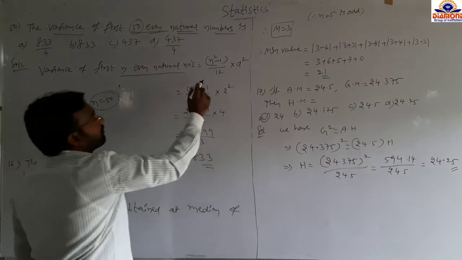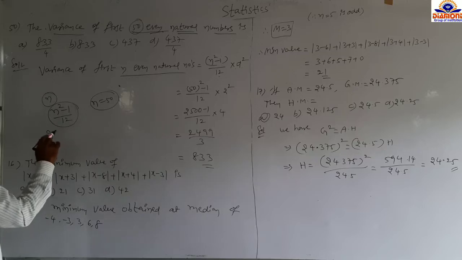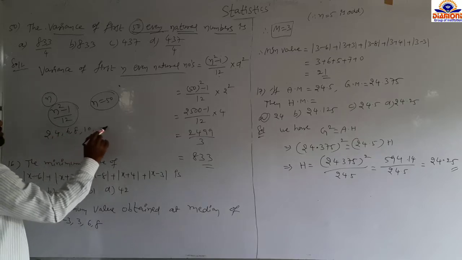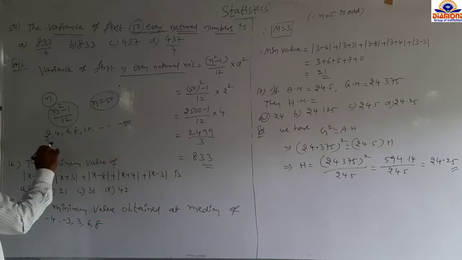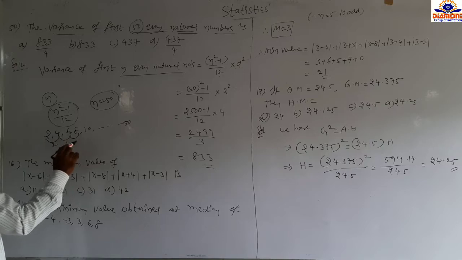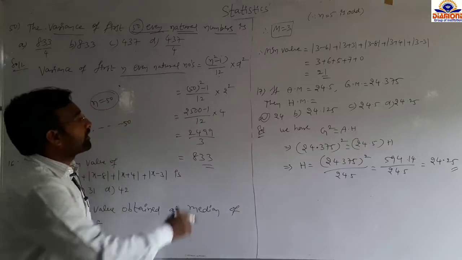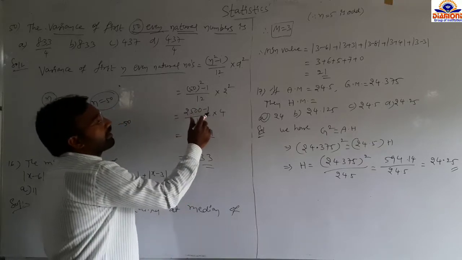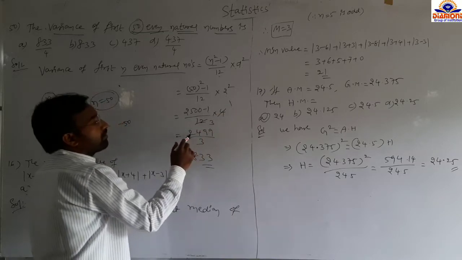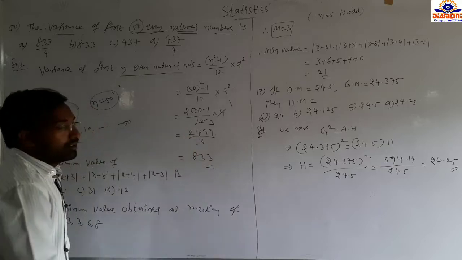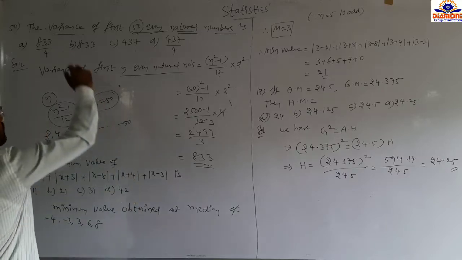So substitute here 50 square minus 1 by 12 into d, where d is nothing but the common difference. If you take the even series 2, 4, 6, 8, 10, and so on up to 50, the difference between 2 and 4 is 2, between 4 and 6 is 2, and between 6 and 8 is 2. So that's why d is 2 here. Next, 50 square is 2500 minus 1 by 12 into 4. Here 4 ones are 4, 3s equal to what? 2499 by 3 is nothing but 833. So option is B.